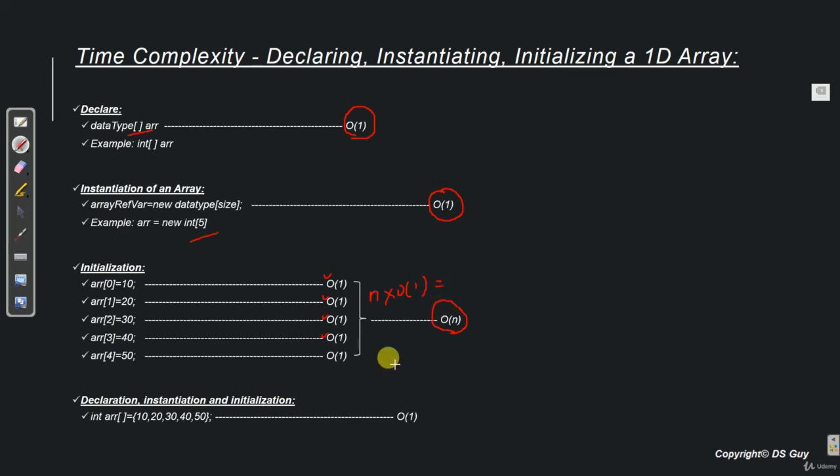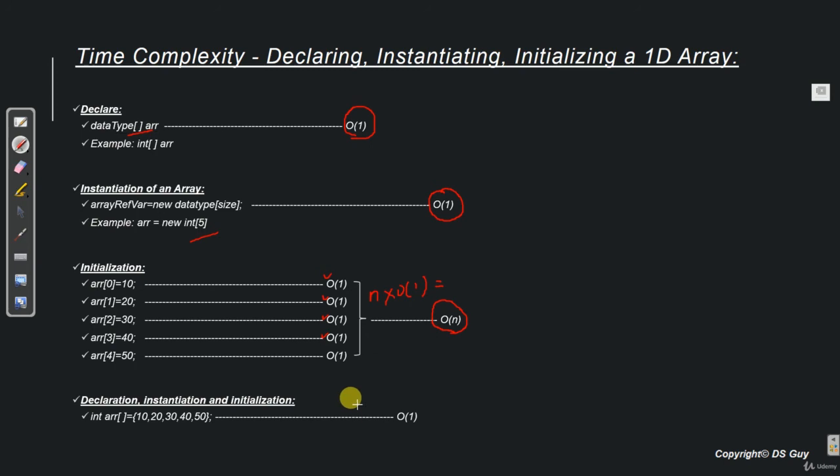Now if you are getting confused over what order 1 and order n are, and how we determine all these things, please stop this video and go back to the algorithm runtime analysis chapter and go through it once again. Without understanding time complexity, studying data structures will not do any good, because be it exams or interviews, we will always be asked what the time complexity is and how we can improve it. So it is highly recommended to go back and check the algorithm runtime complexity chapter in these video classes.